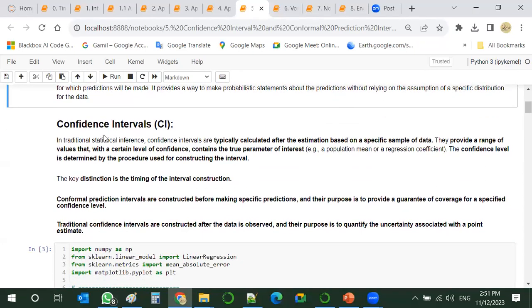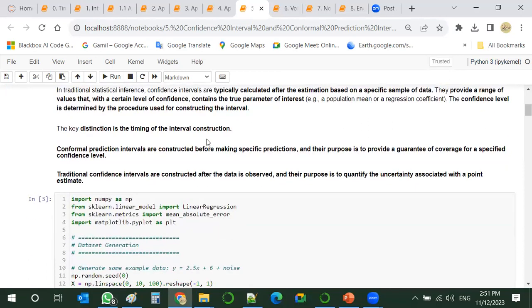This differs from the confidence interval, which is a traditional statistical interval technique.